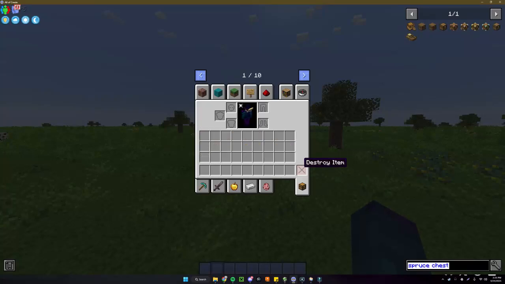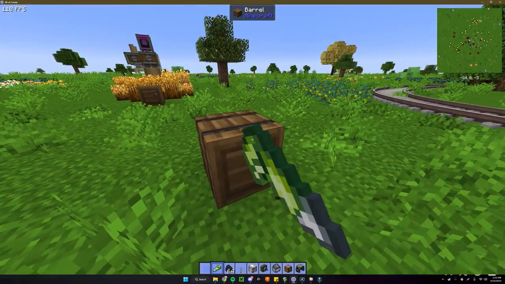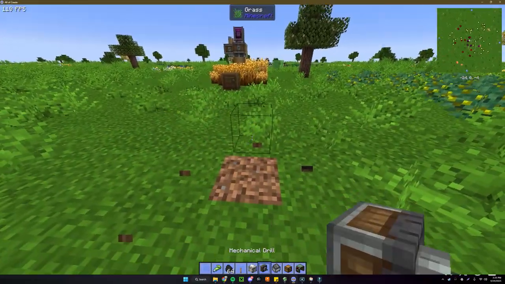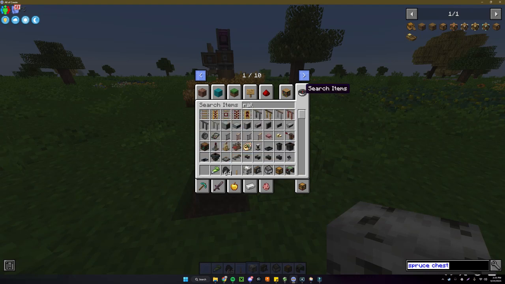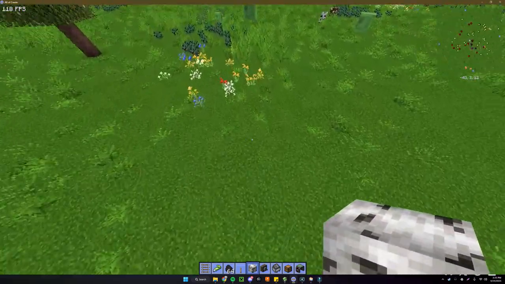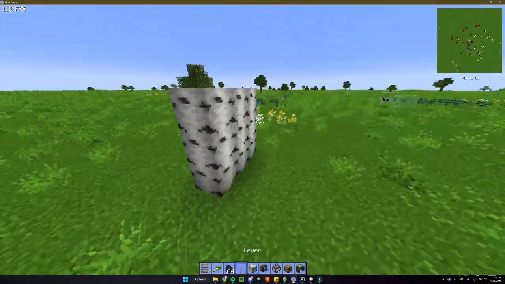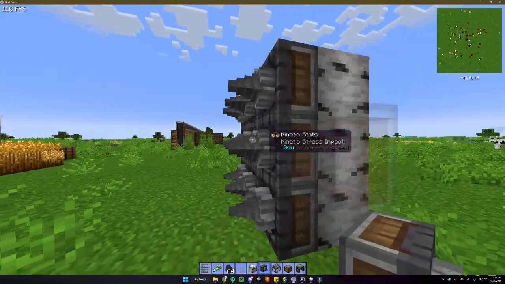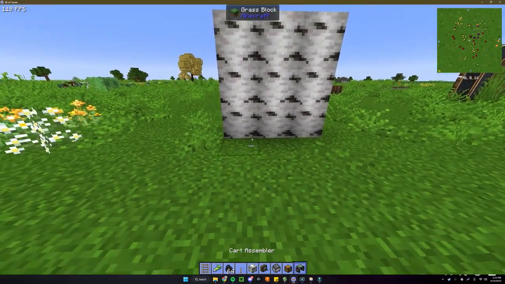All right, that was one example of a contraption you can create. The next thing I'm going to talk about is an automatic miner, which are actually pretty easy to build. So let's get some rails. All right, so any contraption that you build with kinetic appliances, such as a mechanical drill, they do not require power to function. And so if I build something like this,